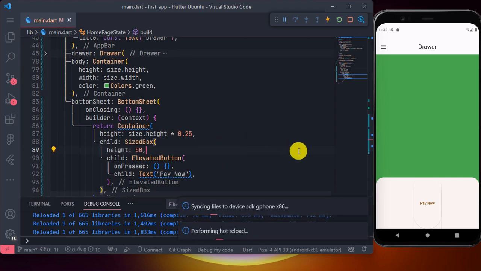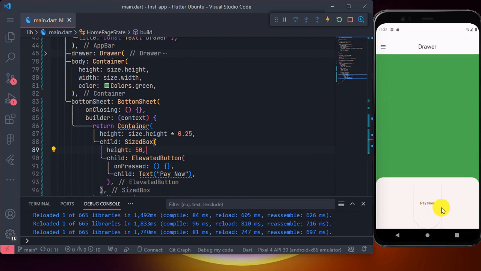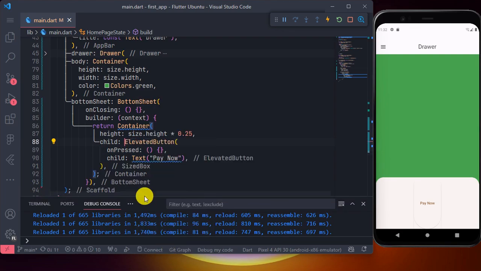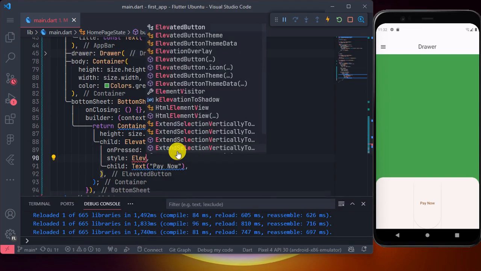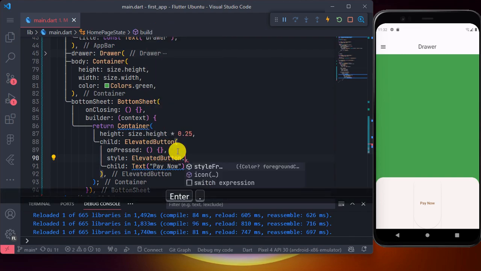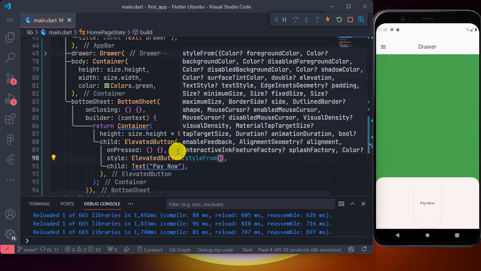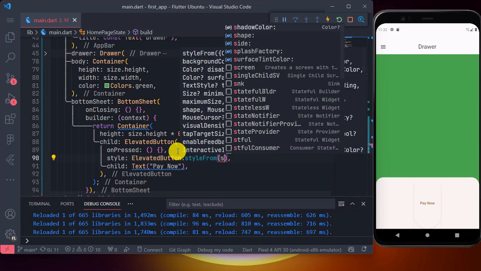So if you save, you should see, oh, it doesn't even affect it. This thing is taking the whole thing. So I'm just going to do away with this, and then we can actually style it, like style, and let's say elevated button, let's start from, and say size,